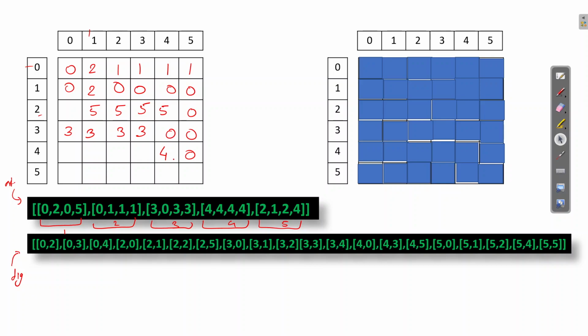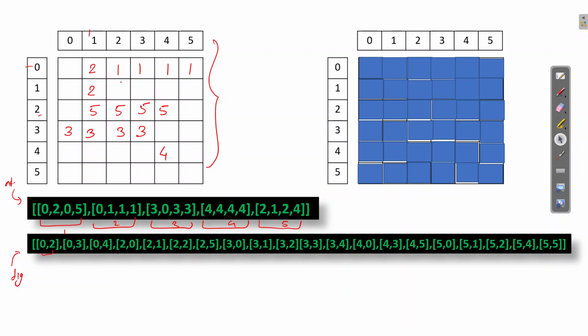Let it be. I'll just erase this 0. Just consider that whatever position is empty is 0. Now what we are going to do is dig. When we dig, we do not know whether the artifact can be extracted or not, whether the artifact is there in the cell or not.